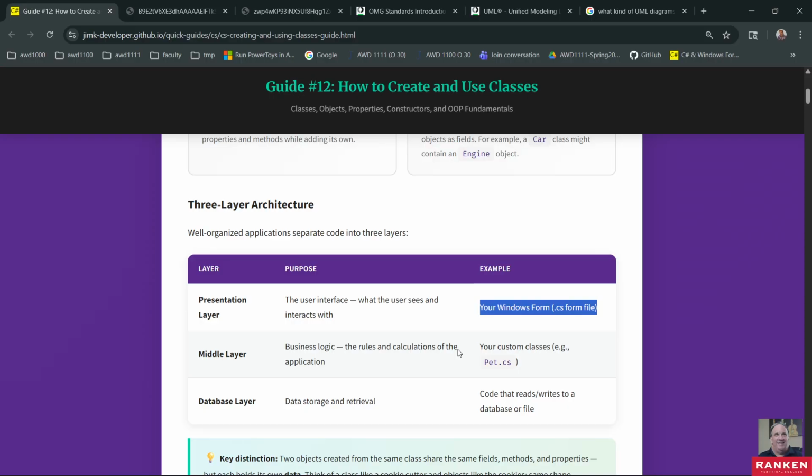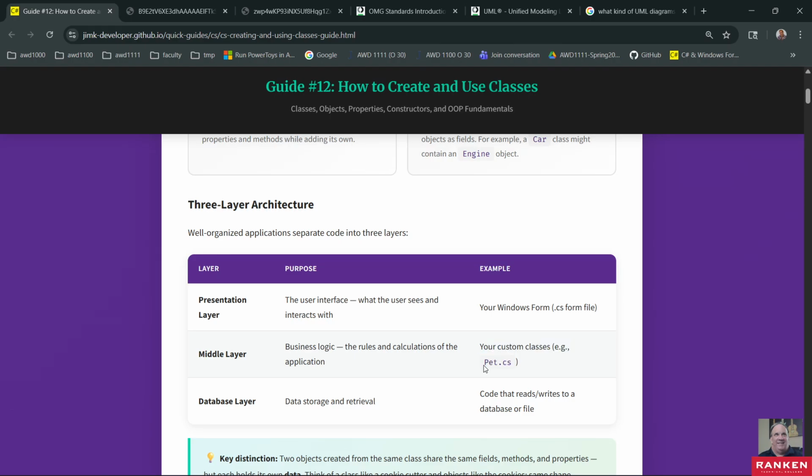I mean, that's how we've been building a lot of our logic, within the button click events. It's just a little different because WinForms wires everything together for you. But your middle layer, it's best to have some things separated out, right, and not depend on each other. One thing with our WinForms, there's a lot of dependency there, but we can have our custom